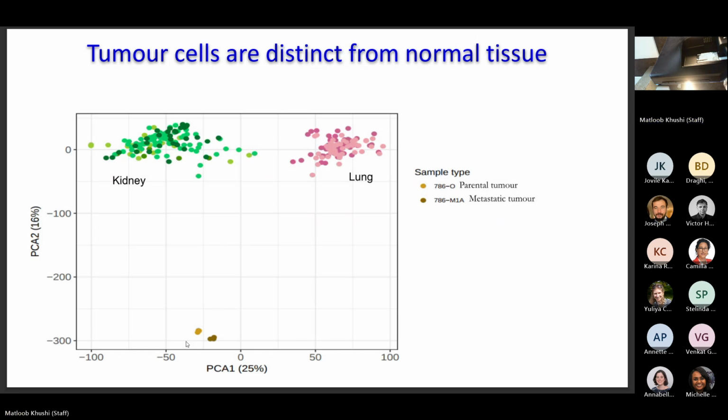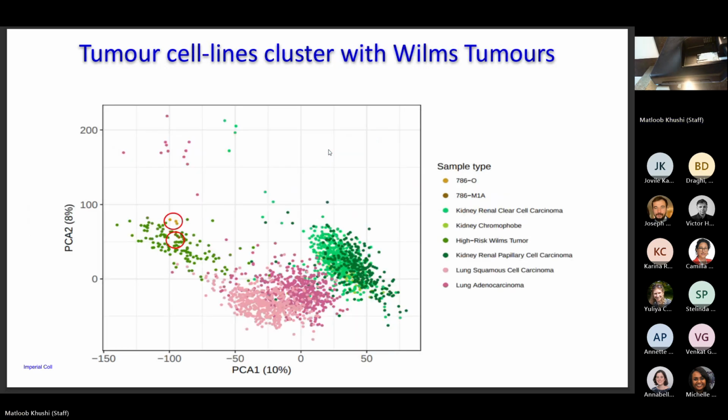the gene expression, and we looked at normal kidney and normal lung data, and this is like a PCA plot. So they are nowhere close in the dimensional space. We looked at other kinds of cancers as well. So our 2 samples were basically clustered with Wilms tumors. So these are like really aggressive renal tumors, childhood tumors.